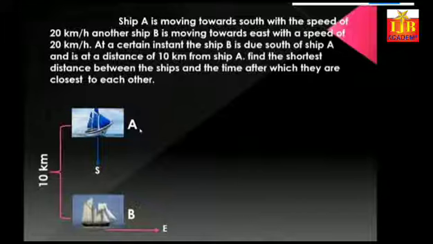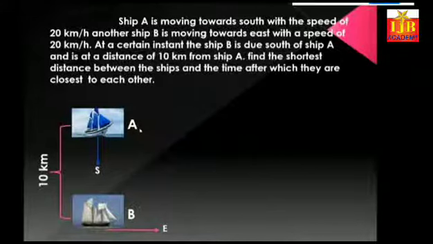Initially, just imagine ship A is coming down, towards south, so their distance keeps reducing. But at the same time, ship B is going right side, towards east, so that is moving away. So for some time the distance will come down, and thereafter the distance will increase. That is what we are supposed to find: which is the point where the distance takes its very shortest value?